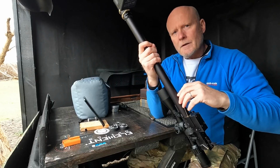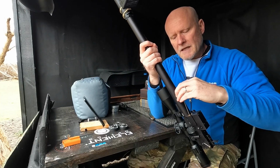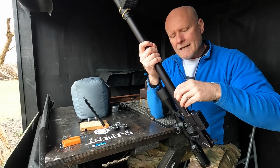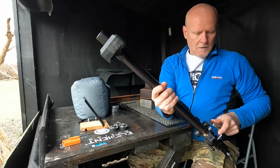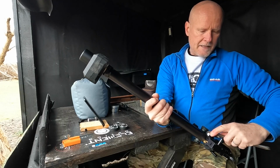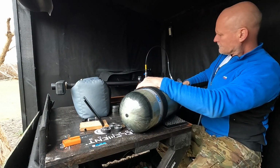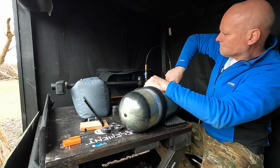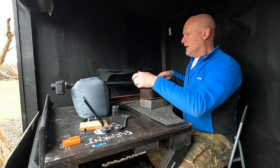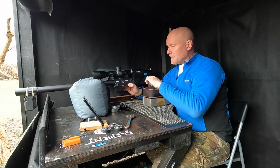So to decrease the pressure on the regulator, I'm giving it maybe a 1.5 turn in. And after doing that, I want to make sure that the pressure gauge is tightened up again. So now it's just to put some pressure. There. So now with the system fully pressurized, it's time to see what the maximum velocity is at this regulator setting,